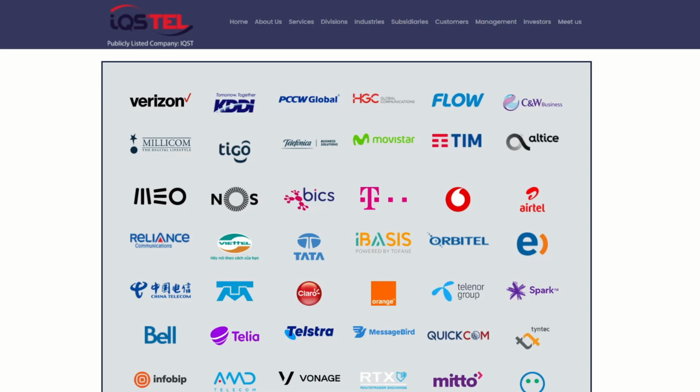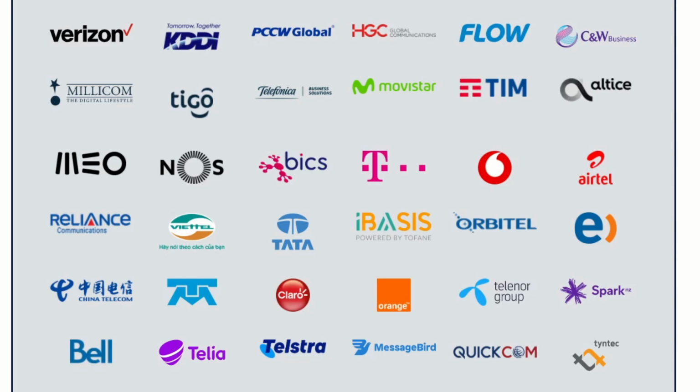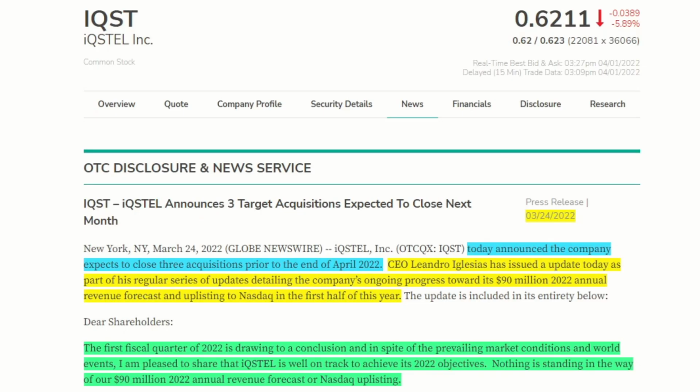on its balance sheet. The business strategy is to develop their business with high margin and EBITDA contributions in areas across their business divisions, and this approach will make IQST one of the leaders as a one-stop shop for high-tech services. So in the CEO's latest update, it was announced that IQST expects to close 3 acquisitions prior to the